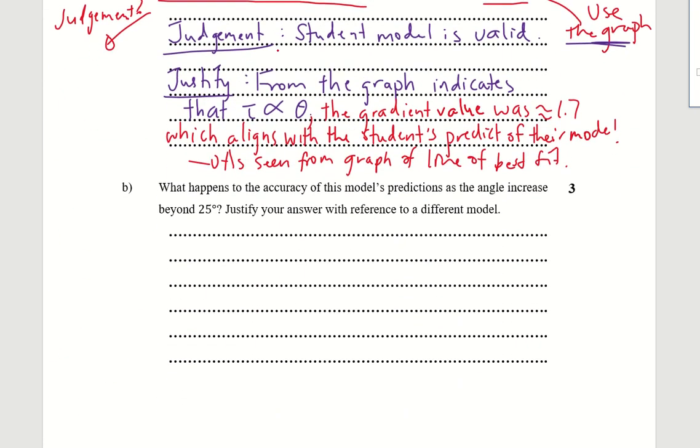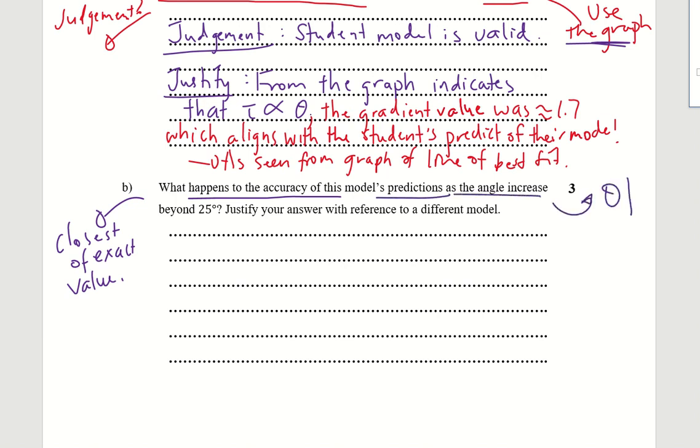Okay, next one. It says, what happens to the accuracy? So accuracy is the closeness to the exact value. So how close are you to the real model? Predictions as angle increases. So we're looking at if theta goes up, what happens to that model of tau equals k theta